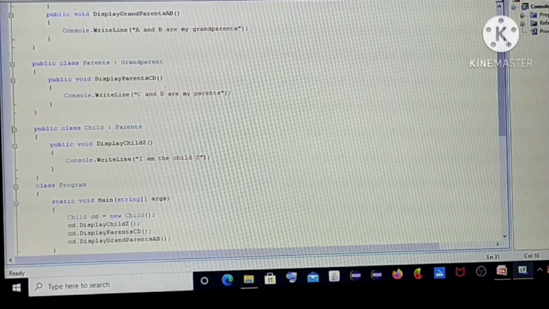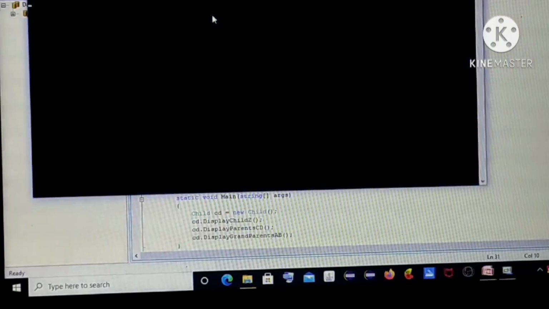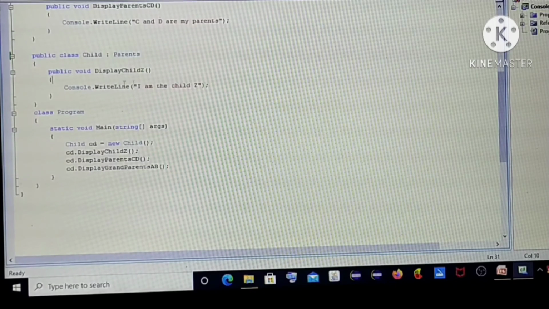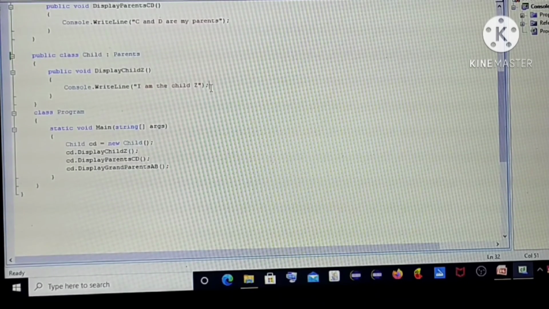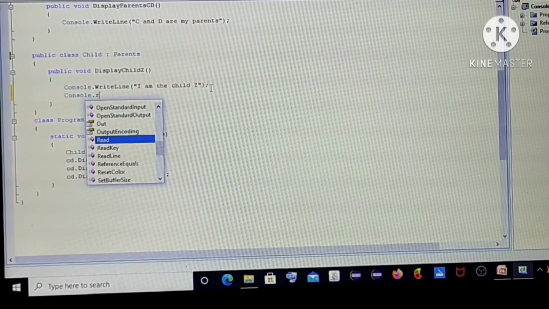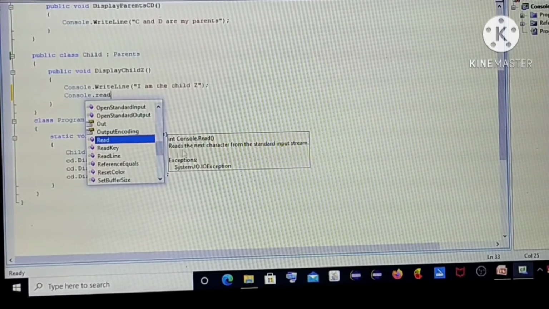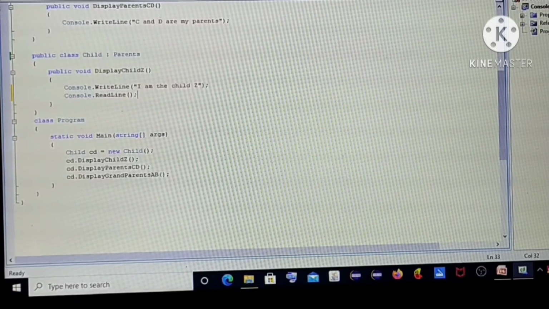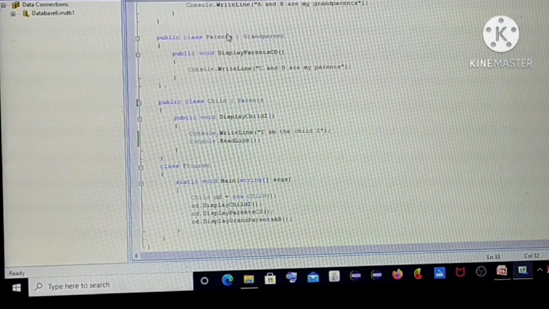This is the method. See, this is the output.